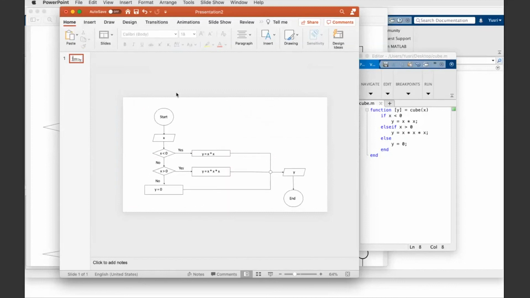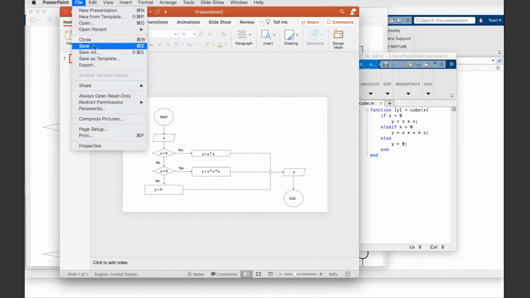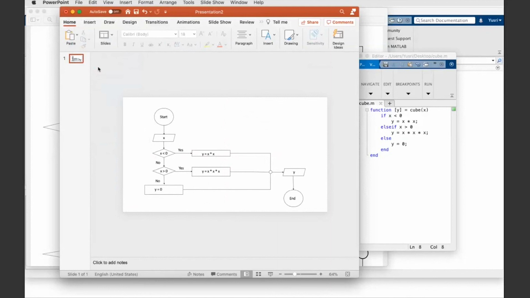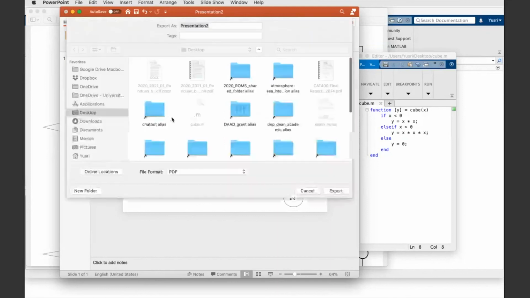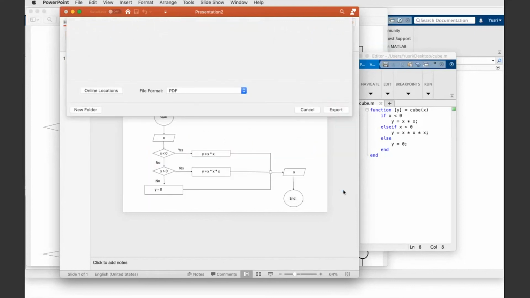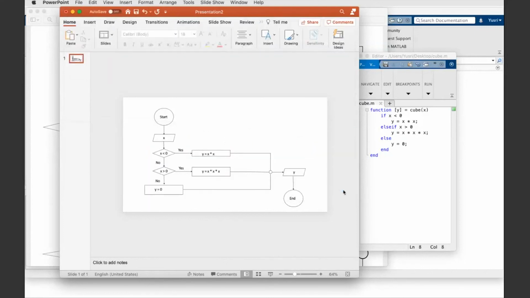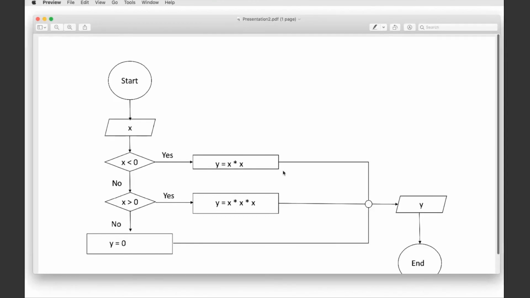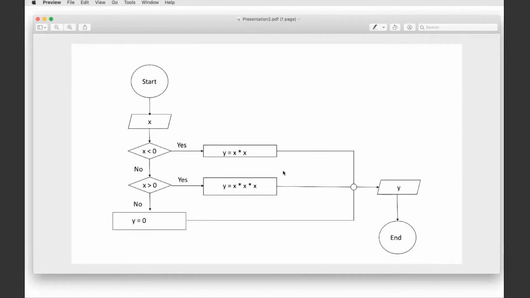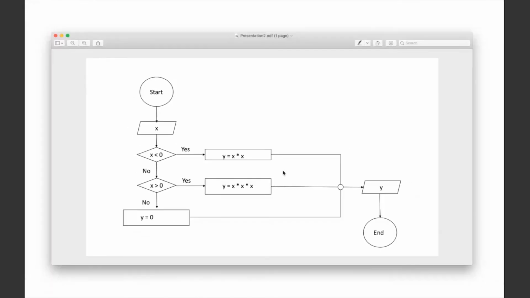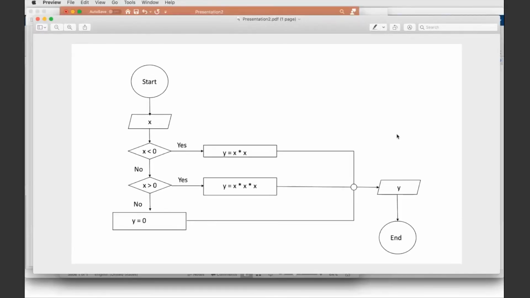And once you're done with this one, you just export, or you can save as. So you export it in the form of a PDF, and then the PDF will be created, and that will be the flowchart. So let's see, where is that? This is it in the PDF form, and the function is